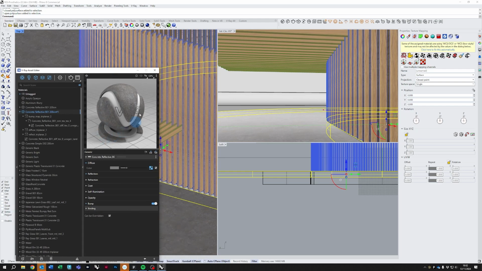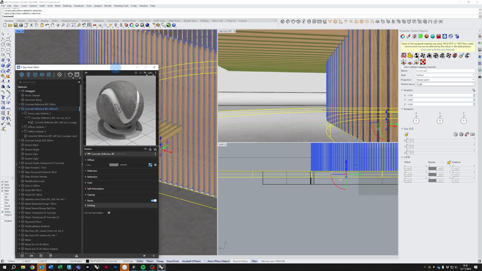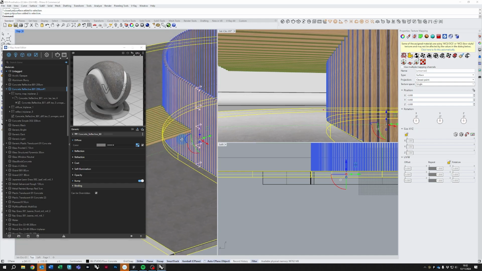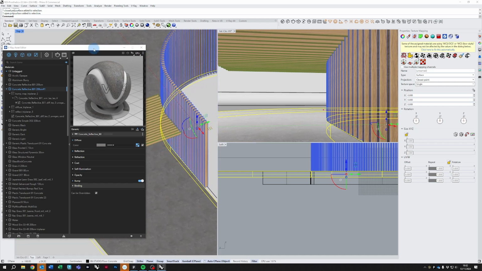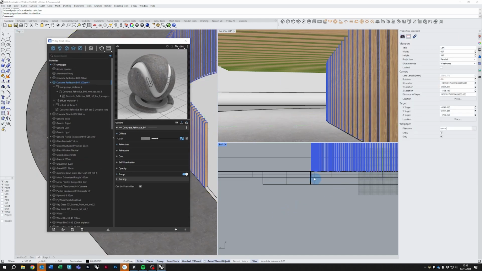So let's come to the next material, which is the timber on the right hand side. The other problem that I often see is that textures repeat, and they either repeat over a large surface, say like this floor, or they repeat across things like these timber beams here. So if I turn this on in the background,